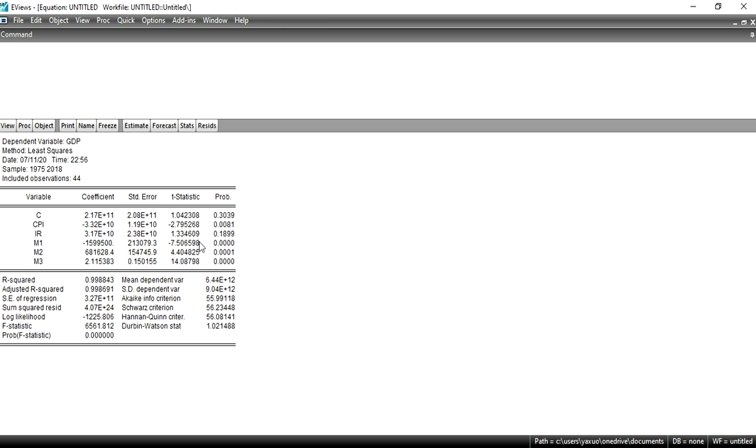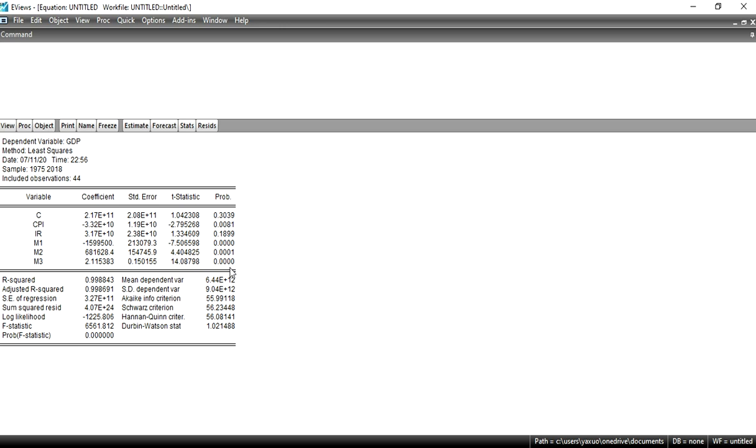But in my result, most of my variables are significant as their p value is less than 0.05. When your result shows that most of your variables are insignificant and your R square value is high, it means there exists a problem of multicollinearity in the data. But not in my case. In my case, most variables are significant except this variable, IR, the interest rate, which is insignificant. Other than this variable, all my variables are significant.